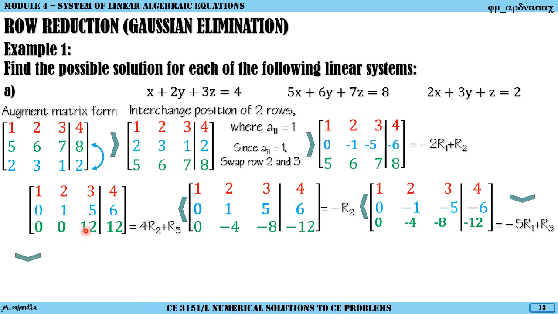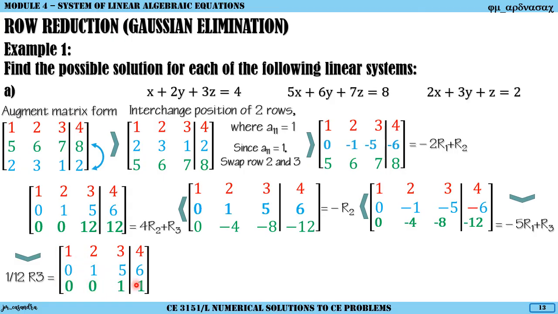And we can do that simply by multiplying the third row by 1 over 12. That is now equal to 1 over 12 times 0 is 0, 1 over 12 times 0 is 0, 1 over 12 is 1, and the last element is also equal to 1. So we now have our